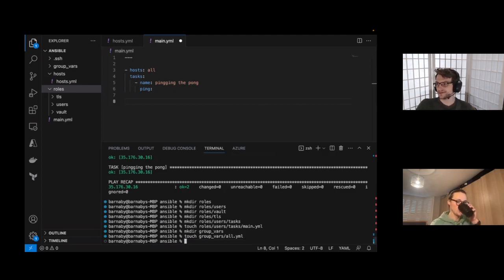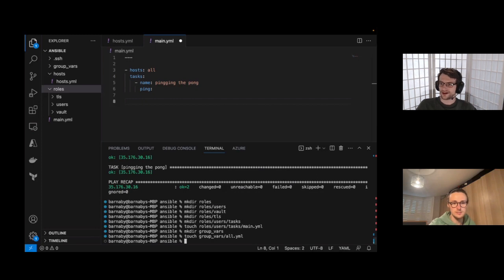The all group will get the variables we're going to specify, which is probably just going to be vault_user for now, unless we go down the route of getting a TLS. A Vault version as well. Or Vault version. I generally put that in the Vault play. The Vault role is normally where I put the version. Okay, so